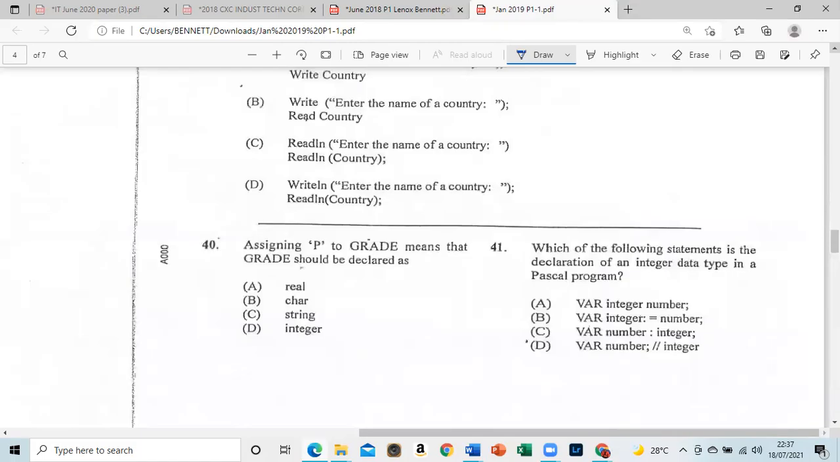Alright, so here 40 is: assigning P to grade means that the grade should be declared as, is it A, real, B, char, C, string, D, integer. And the answer is